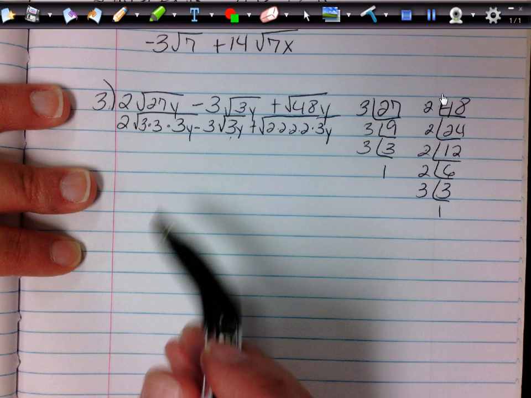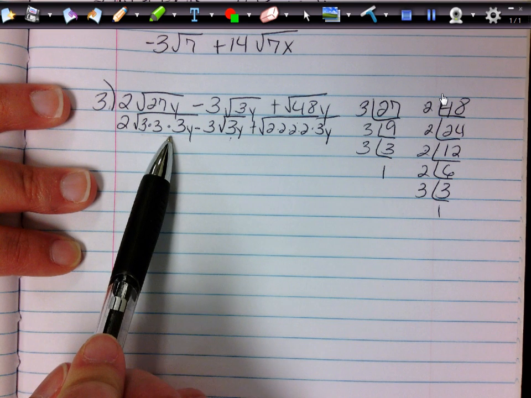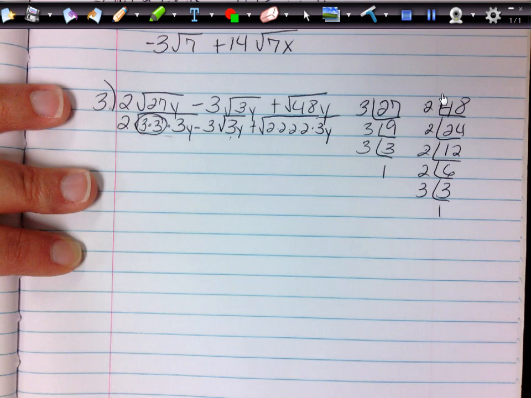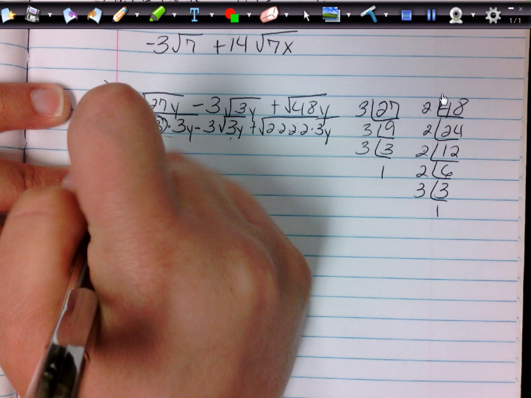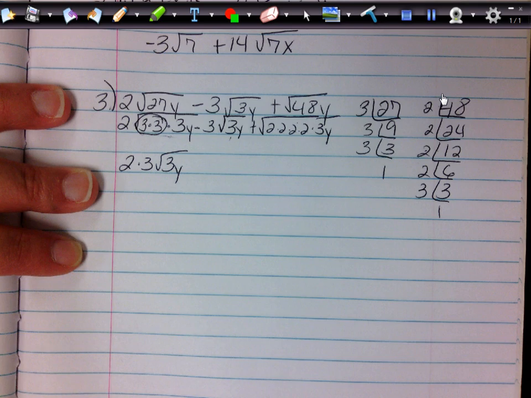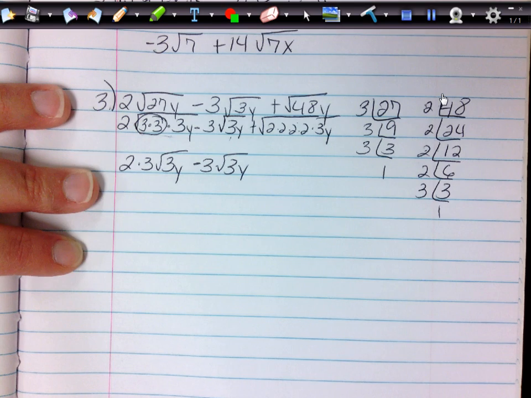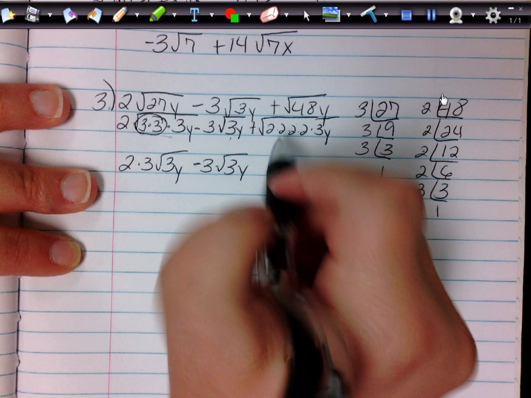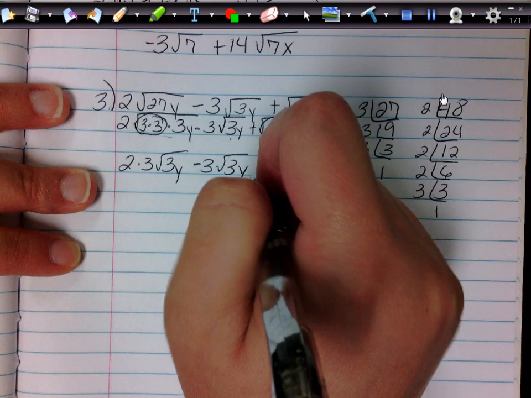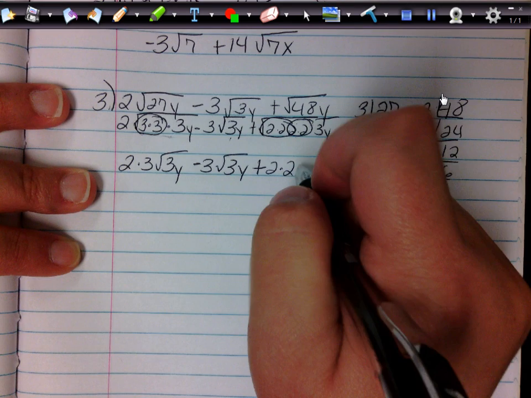So now I'm going to go through and simplify each one. I'm going to start with this one. I'm going to say I have a pair of 3's, and I know I'm looking for pairs because I have an index of 2 if nothing's there. So I have a pair of 3's here. So I'm going to rewrite this as 2 times 3 square root of 3y. Now I'm just going to bring down my minus 3 square root of 3y, because again I don't have to do anything to that one. And over here I have 2 pairs of 2's, so I can bring out 2 2's. So I'm going to say plus 2 times 2, because I can take out 2 2's. And I still have the square root of